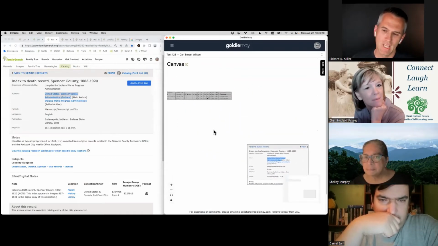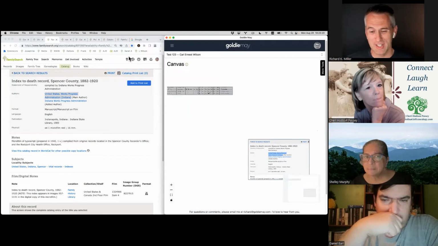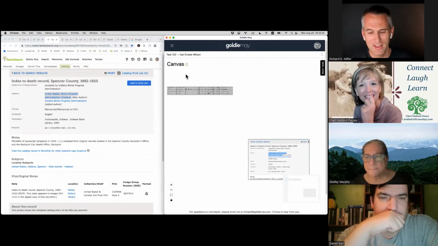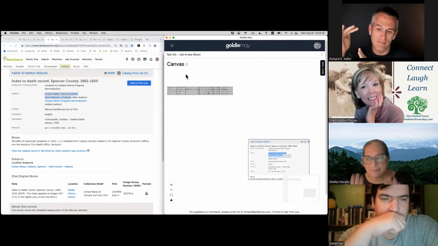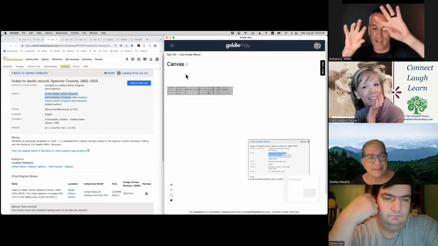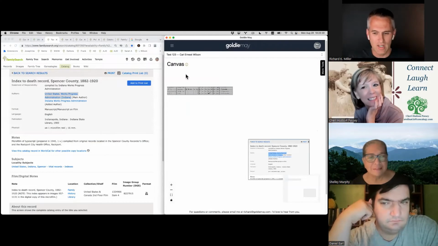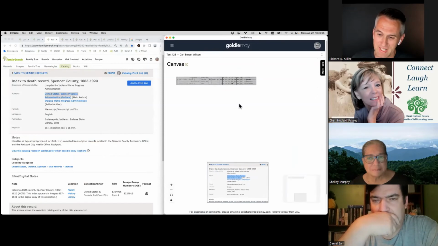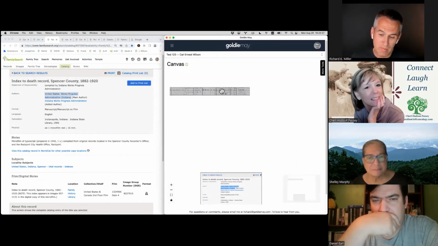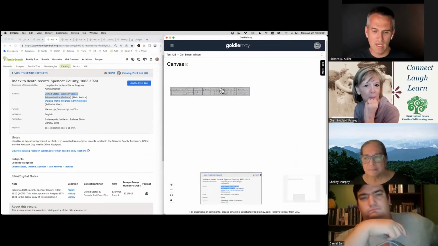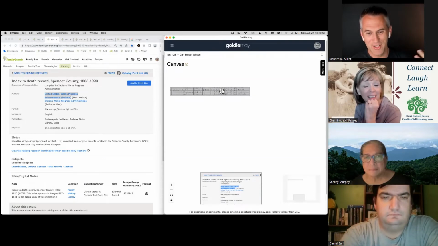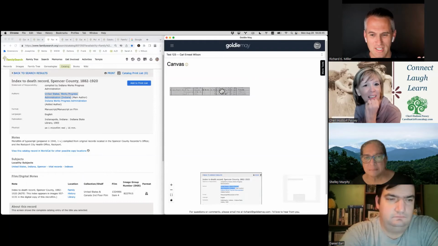I think it's really nice for a situation like the William Wilson ancestor, where you probably got two families mixed together. So you take screenshots of all the sources, and then you start sorting them and say, hey, these ones go together and these other ones go down here. I physically move them on this little canvas to group them. And once I've grouped them, I can tell which families really belong together. And then it's time to go over to the tree and clean it up. So that's how I'm using the canvas right now.